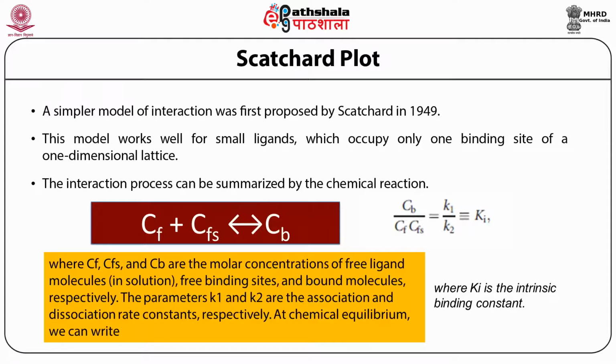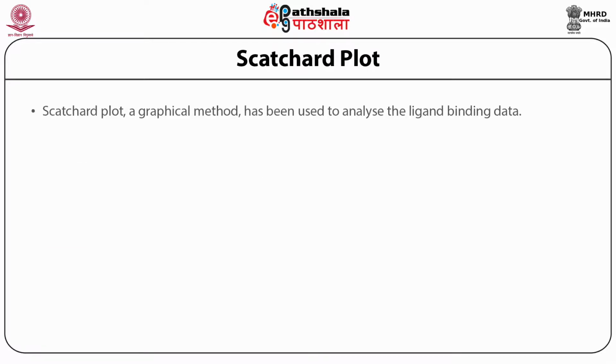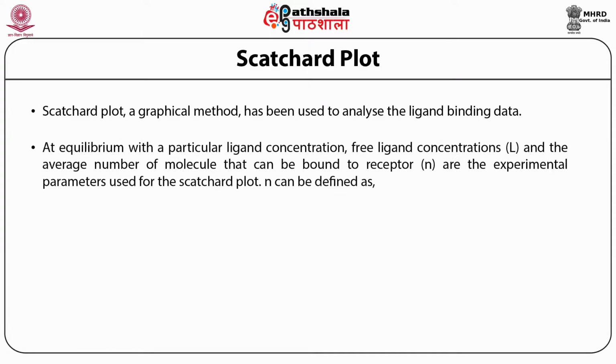The parameters K1 and K2 are the association and dissociation rate constants. At chemical equilibrium, we can write CB divided by CF times CFS equals K1 by K2, or equals Ki, where Ki is the intrinsic binding constant. A Scatchard plot is a graphical method used to analyze the ligand binding data at equilibrium with a